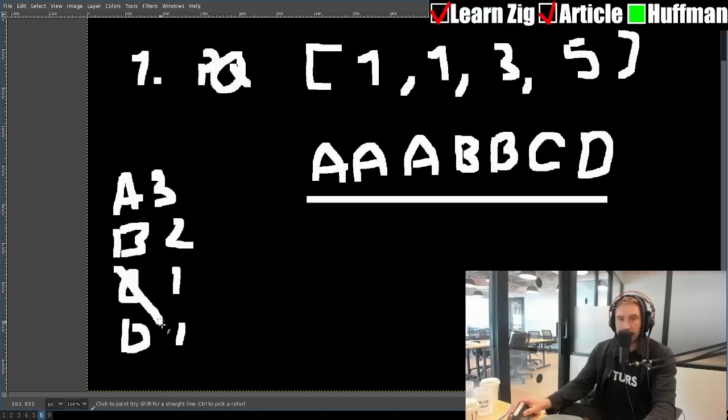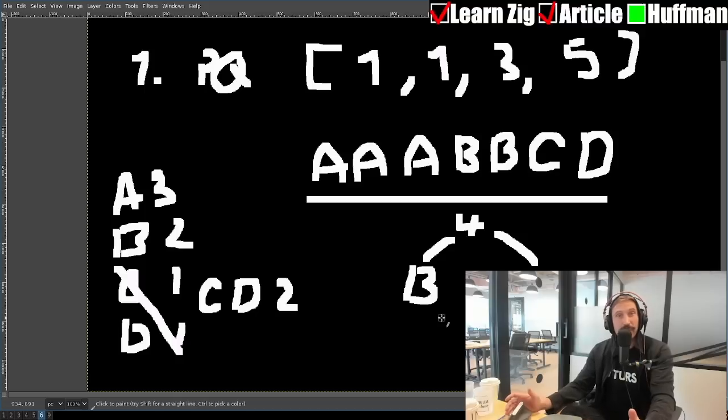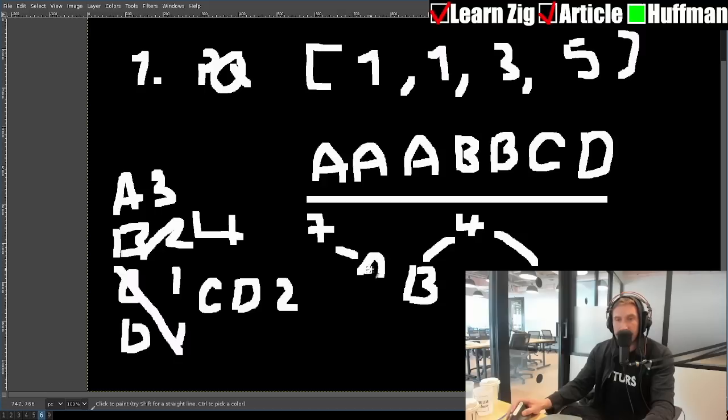Now, that means then we wipe this out and we put in CD with the count of 2. And then we just take the next 2 smallest ones and we combine them. All right, so we take this, and now we have 4, and we have B. Pretty straightforward, right? Then we do it again. So then this thing is 4, right? And this is 3. And so then it would end up being something that looks like this. 7, we'll just call this one A. Whoopsies. I'll put A on the other side.